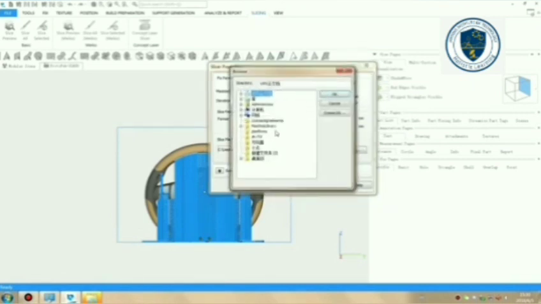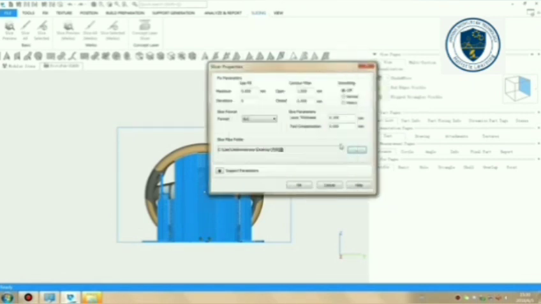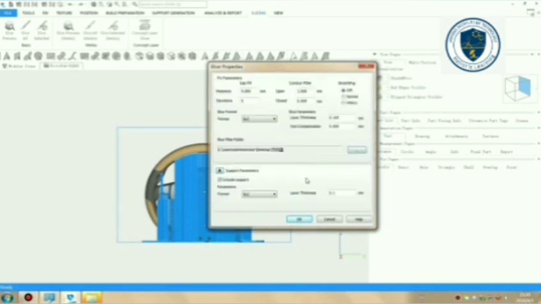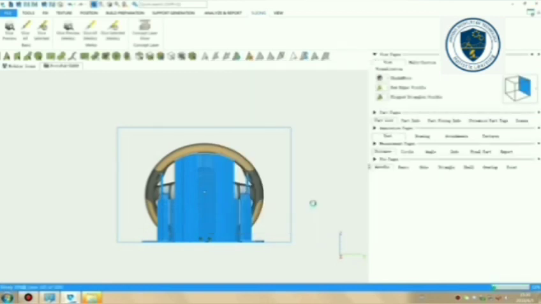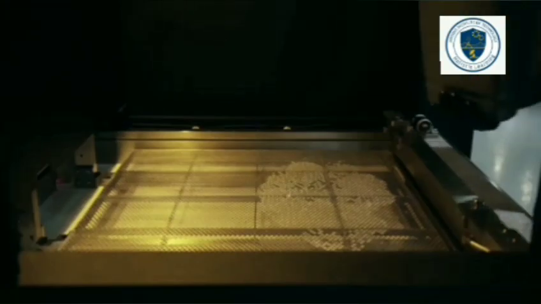It is ready to send to AM machines. They are converted into STL files. STL files means, as I already explained, machine-known language. They are converting to machine-known language. Here they complete three tasks. What are the tasks? First one is part orientation, second one is support structure creation, third one is slicing. After completing this, it is saved as STL files.